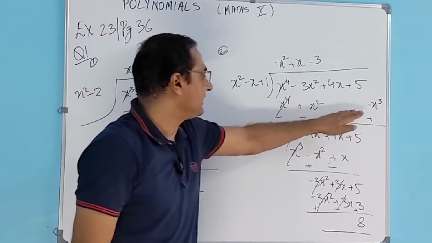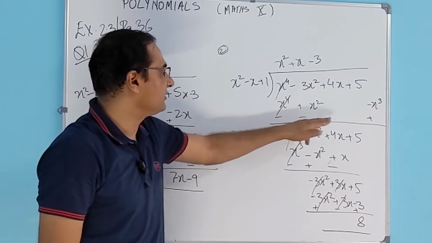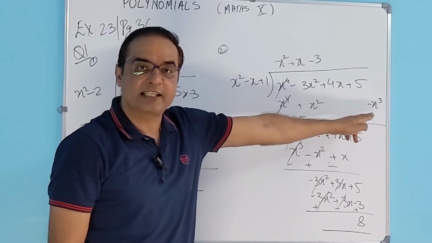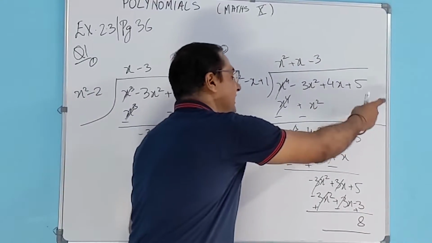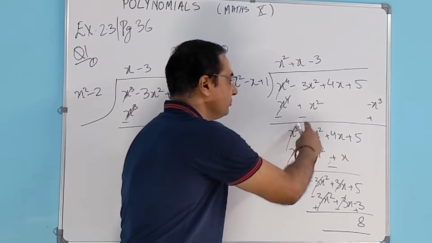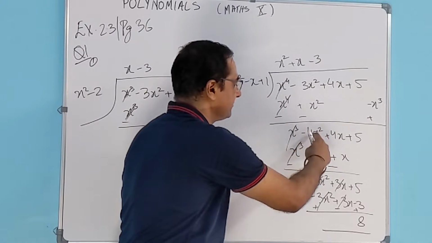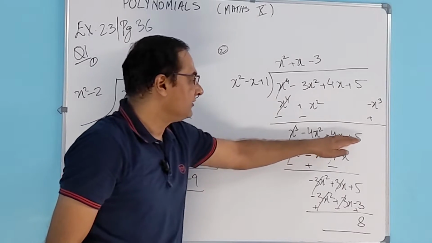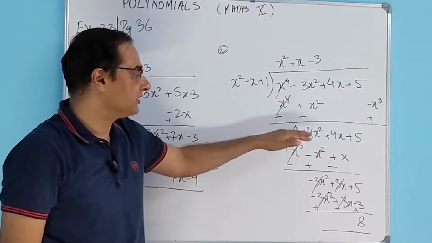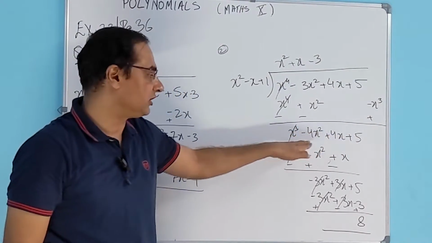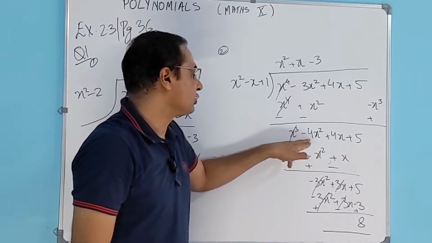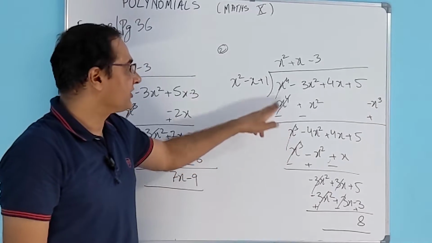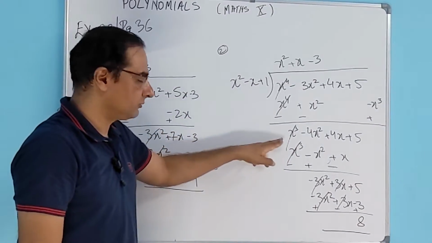Anyway, writing these terms, we then subtract this by reversing the sign. So the first term should be x cube, because this is the highest degree. So we write that term over here, x cube, and then we write whatever is left, like minus 4x square plus 4x and plus 5. Whenever we have these polynomial terms, we need to arrange them in descending order of the variable. So again, this is x cube minus 4x square plus 4x plus 5. The degree of this polynomial is 3, the degree of the divisor is 2, we can divide it.